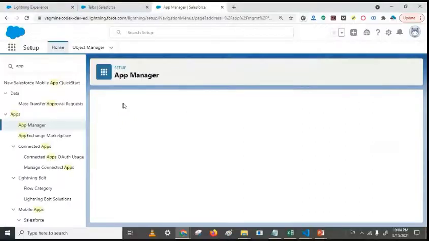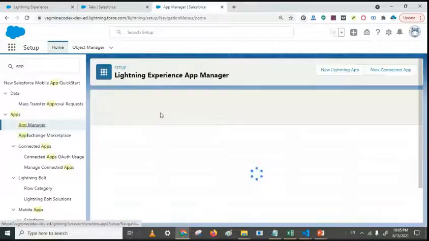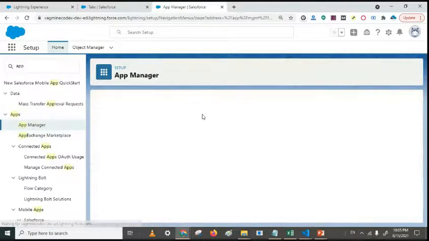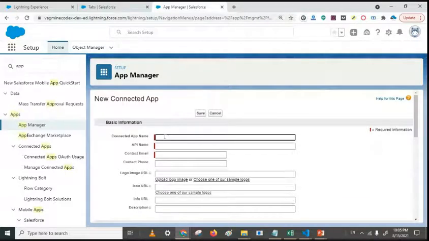So create a connected app here. It's taking some time. Just wait a few seconds. It should come. Otherwise, let me press again. New connected app. So now we are here.